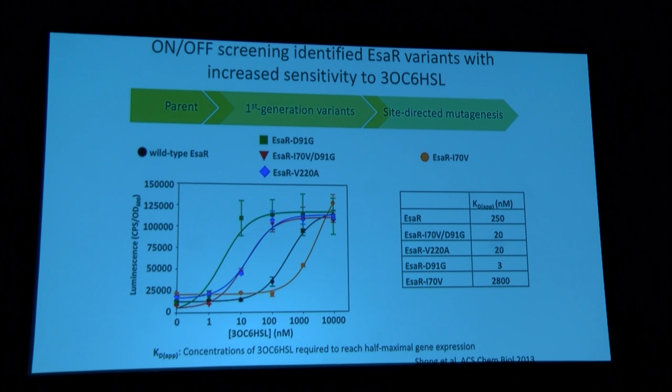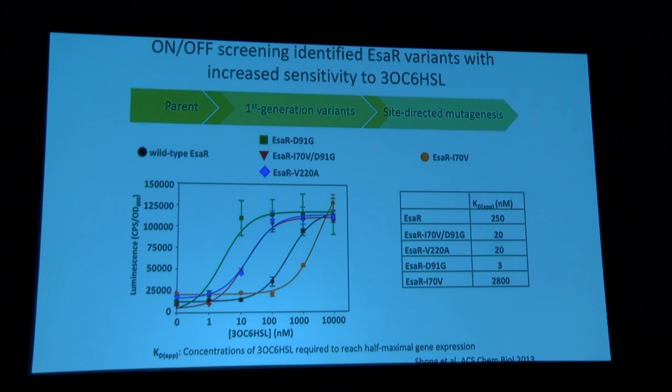And we also have intermediates that are about halfway in between. And then one of our variants had a couple of mutations, and one of them actually still has an active ESA-R, but it requires 10-fold higher concentrations. And so in a single round of directed evolution, we now have a suite of ESA-R variants that function over about 4 orders of magnitude.